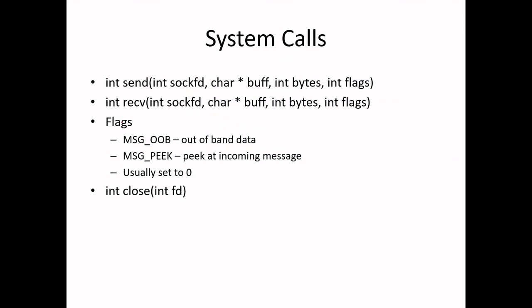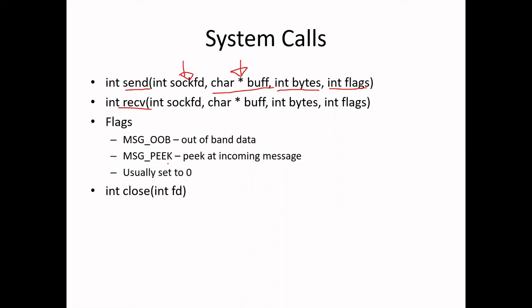Okay, once the connection is established, you can simply do send and receive. It is like read and write in the case of a file. So again, the file descriptor is given. Now you have to send some data, which means you place it in a character array called a buffer. How many bytes you are going to send from this buffer is also specified here. And some flags, which we will not be using, are usually set to 0. This is for signaling whether out-of-band data is sent in this particular packet,